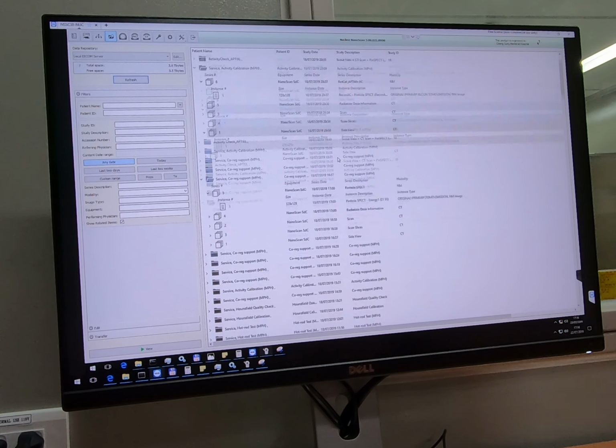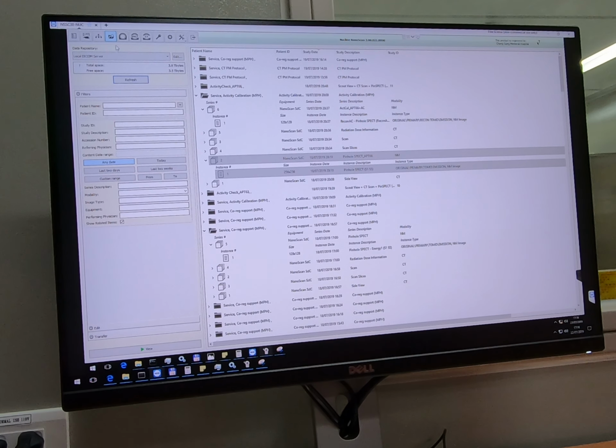What you need to use is the study browser. Okay, so this is the